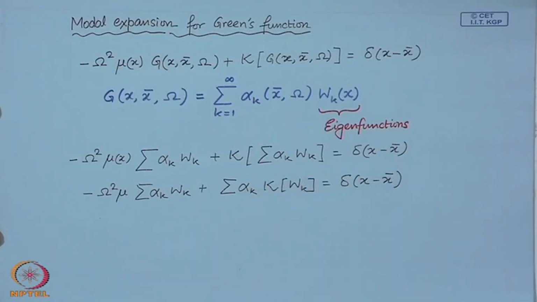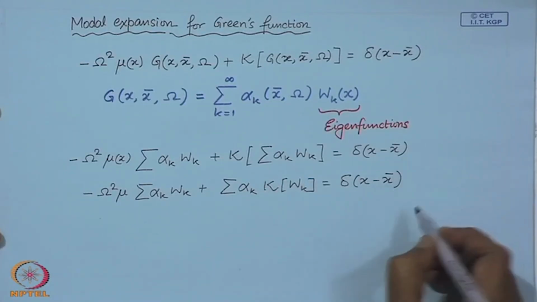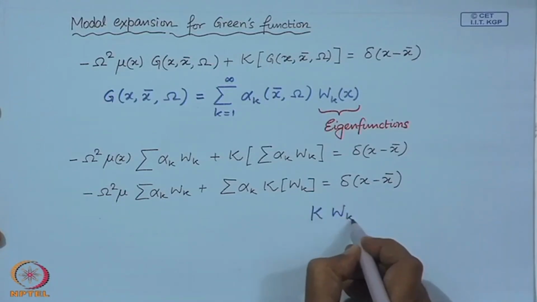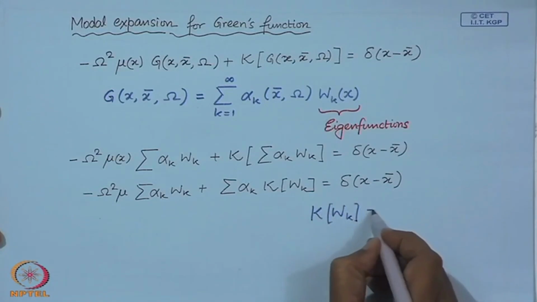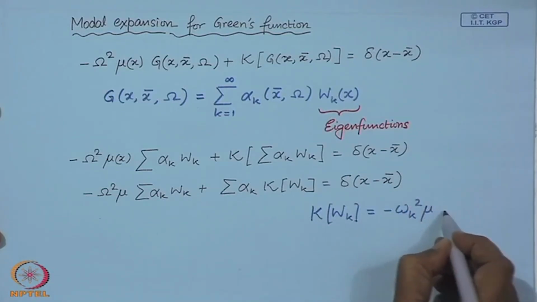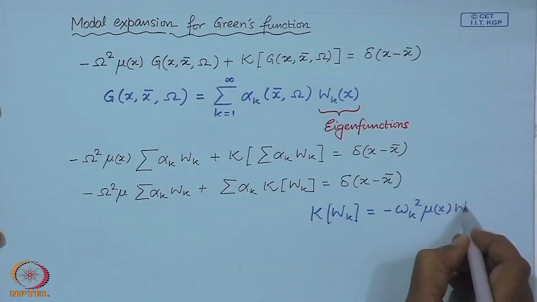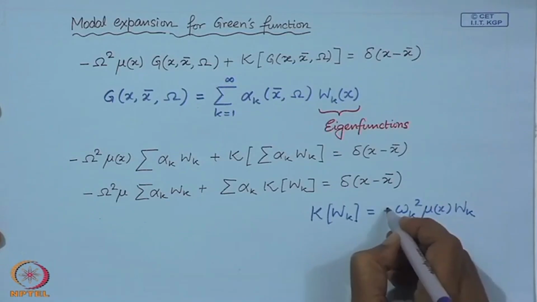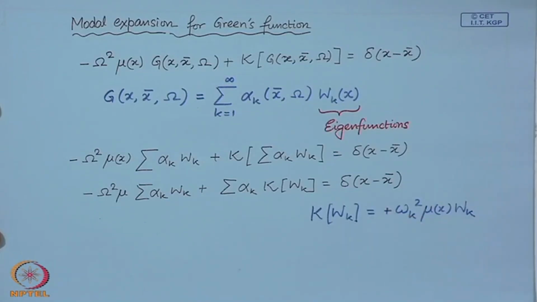And from the eigenvalue problem of this operator, we also know that so this is what we have. So, this is a statement of the eigenvalue problem, the differential equation of the eigenvalue problem. So, if you substitute in here and simplify,